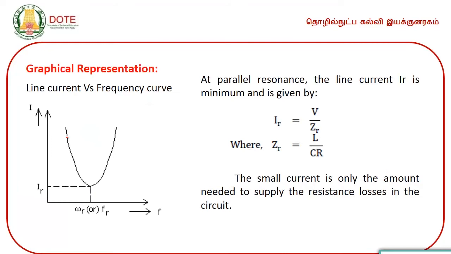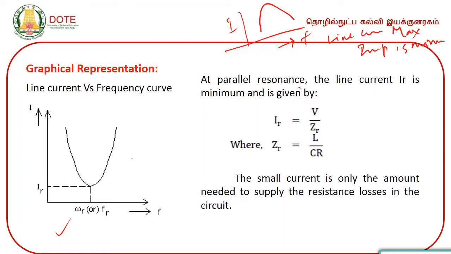So, the graphical representation, it is the line current versus the frequency. You can recall the line current versus frequency graph for series, it will be like this inverted U curve. So, this is the frequency and this is your current, whereas here it is exactly the opposite way. At parallel resonance, the line current IR is minimum and is given by, here in series the line current is maximum, but